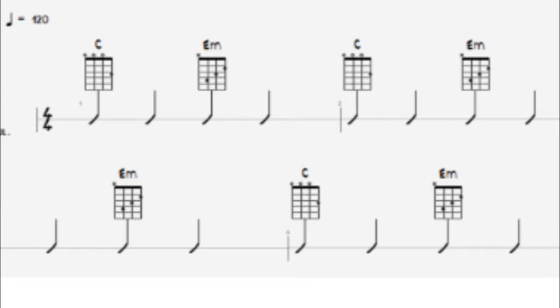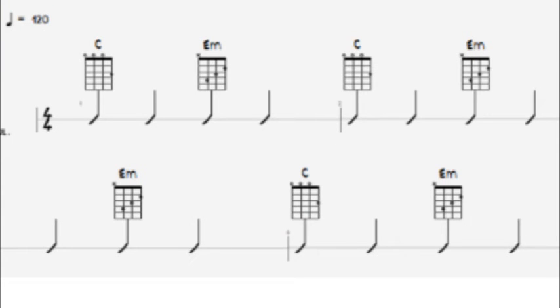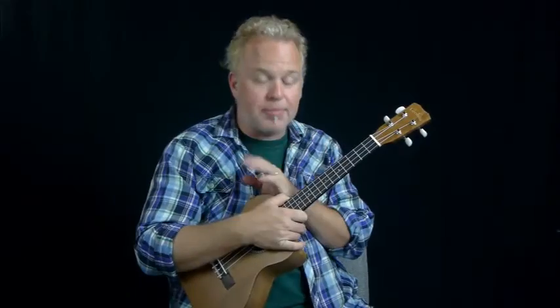So it'd be 1, 2, 3, 4. So again, if we had 1 chord per bar, it would be 1, 2, 3, 4. If we had 2 chords per bar, it'd be 1, 2, 3, 4. Now, well, the absolute last thing I'll say is, just because I'm holding this chord for